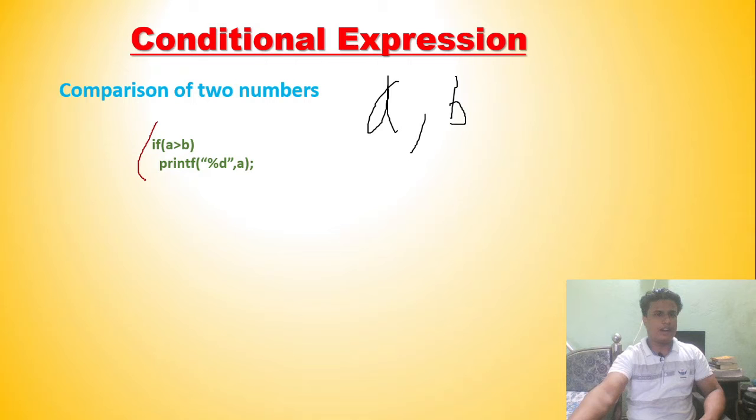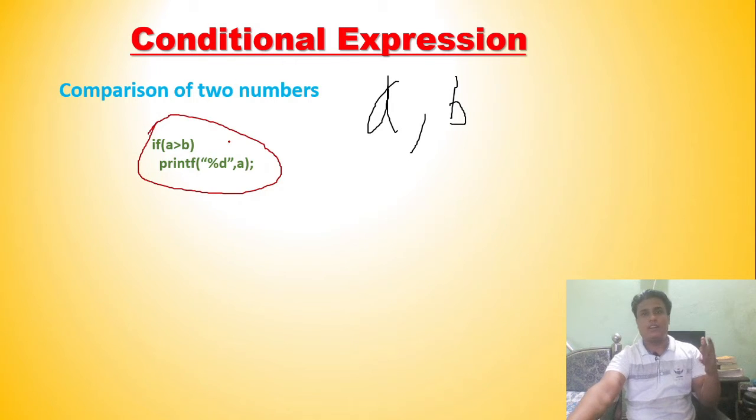If A greater than B, printf A. This is the way of saying it in the C language: compare two numbers first, then if A is greater than B, print A, the first number. Okay, so show me the first number. What I'm trying to say here, hope you get it. Suppose A is not greater than B, then there will be another condition.